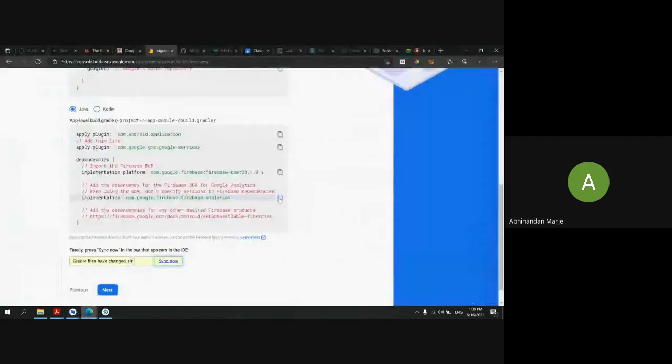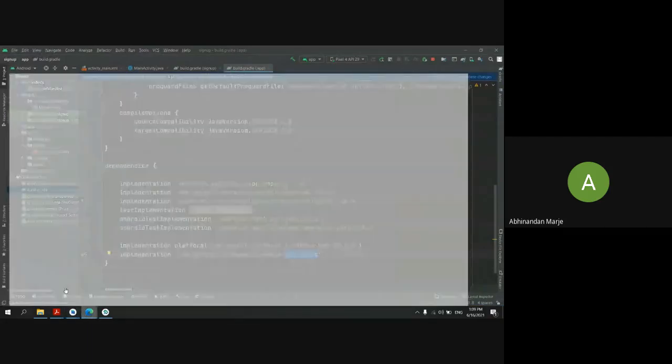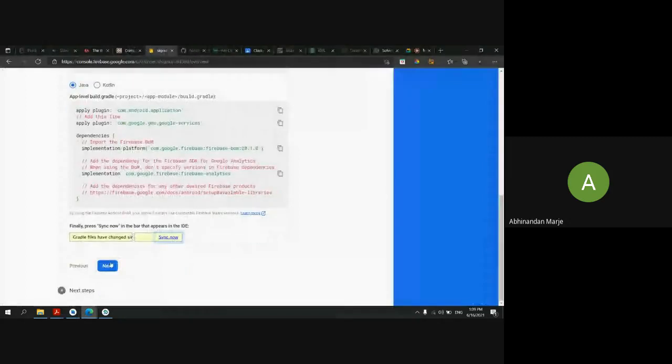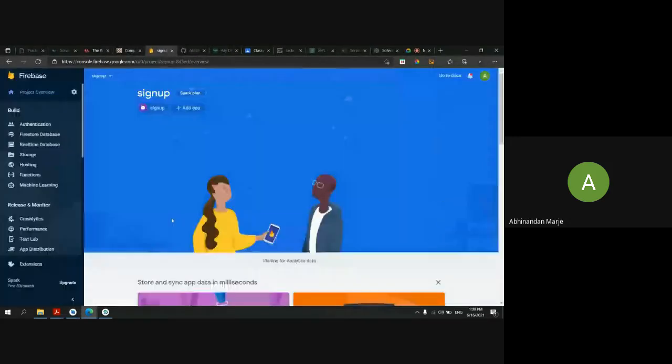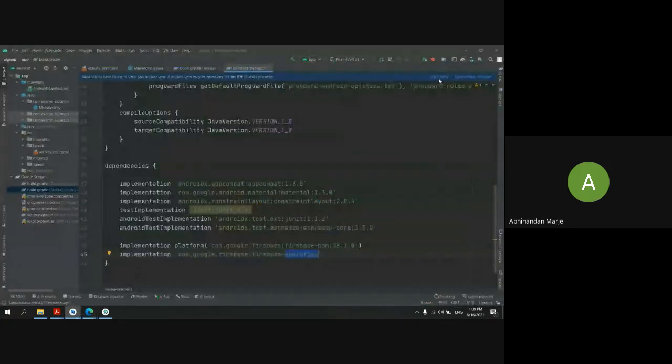After that you can use any of the Firebase dependencies without the version, and without the version name it will still give you the correct output. Once it is done, click on next, continue to the console, and in your Android project click on sync now. Once it will download all the related files.